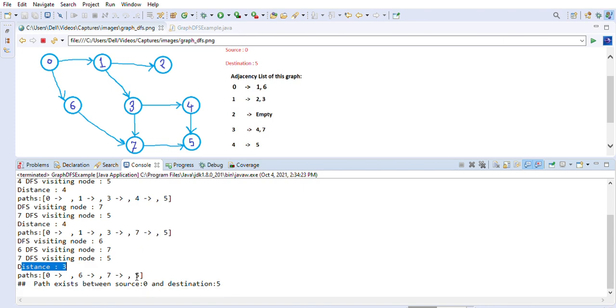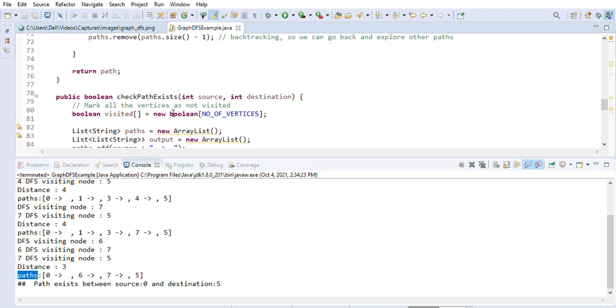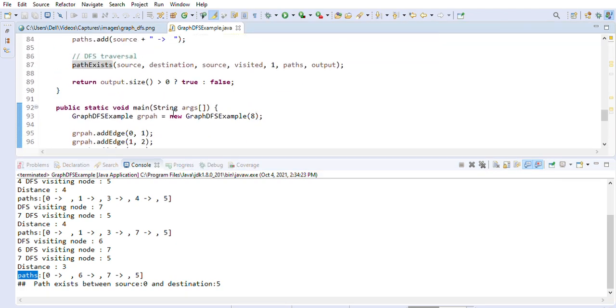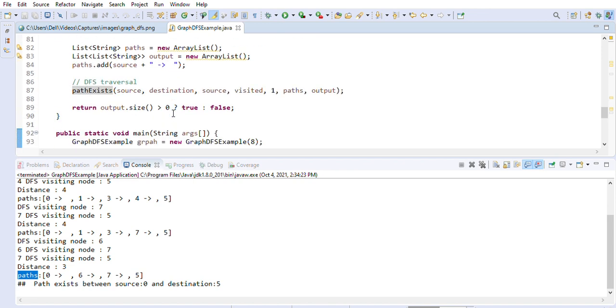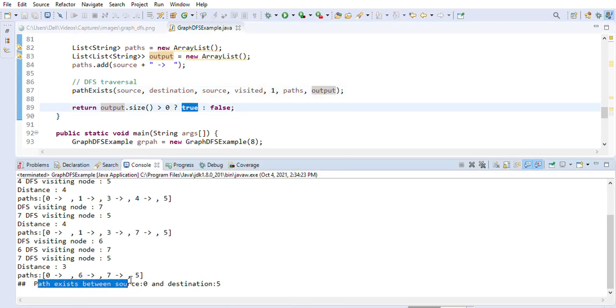Now after that we will check our output list. If it has some path found, then we will return true here. That's why it is printing that a path exists between source 0 and destination 5. So there is a path.